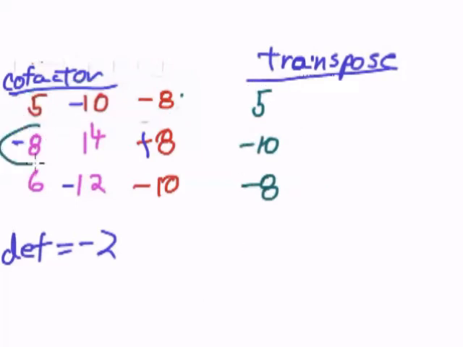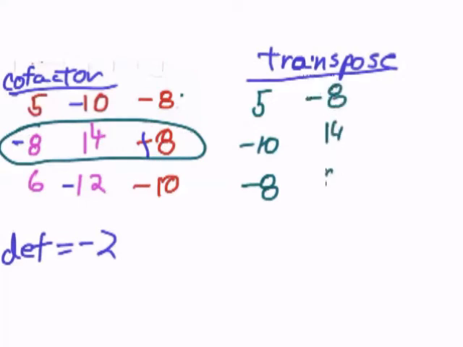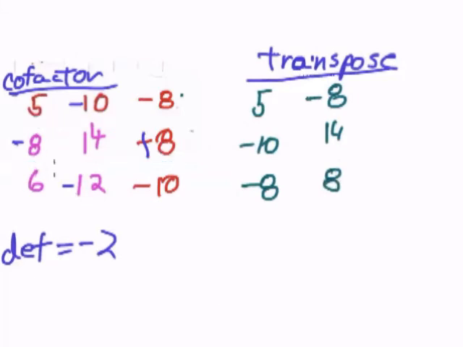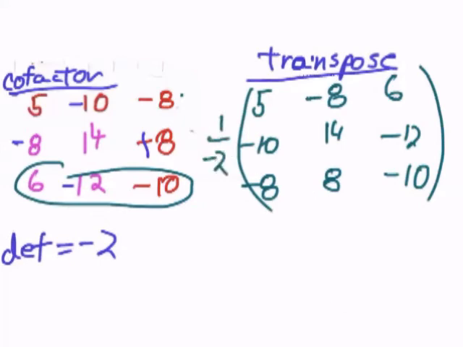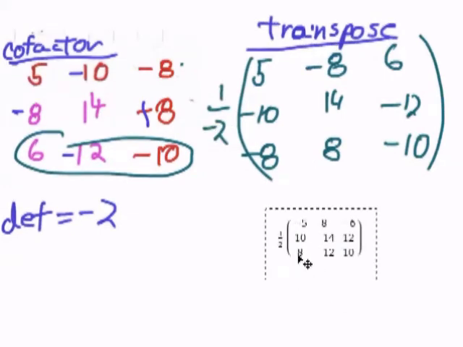This row negative 8, 14, positive 8 becomes the column negative 8, 14, positive 8. This row 6, negative 12, negative 10 becomes the column 6, negative 12, negative 10. And we're going to take all of that and divide by negative 2 and get pretty much the same thing that the technology gave us. Negative 5, notice these signs are opposite because this is negative 2, this is positive 2. 5, negative 5, negative 8, 8, 6, negative 6, 10, negative 10, 14, negative 14, negative 12, 12, negative 8,